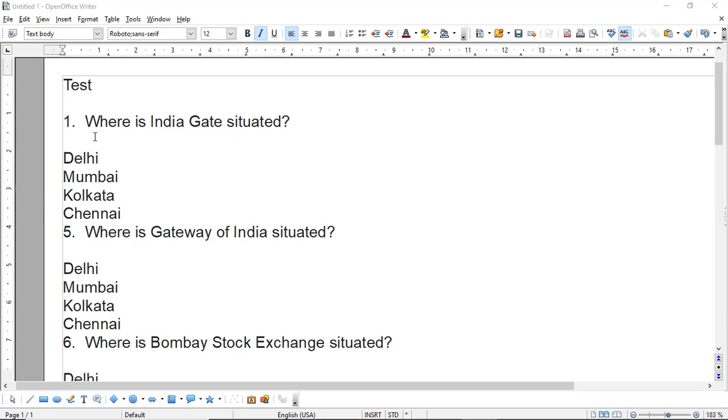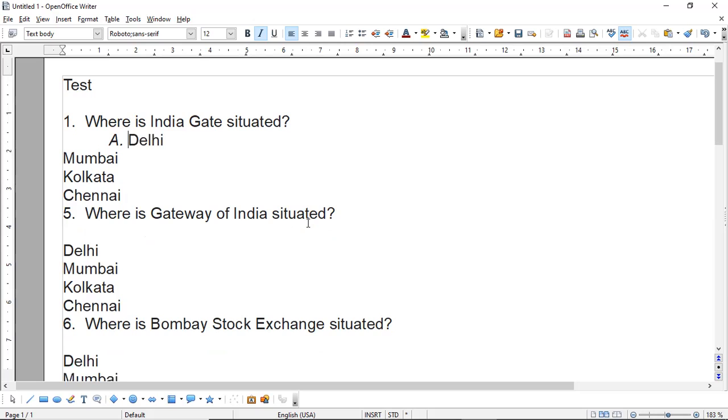Now I want to save on some more space, because in this format it is going to consume a lot of pages if it is going to be conducted offline. So what I'll do is, below question 1, in the next line, I write A dot, I press space and delete.